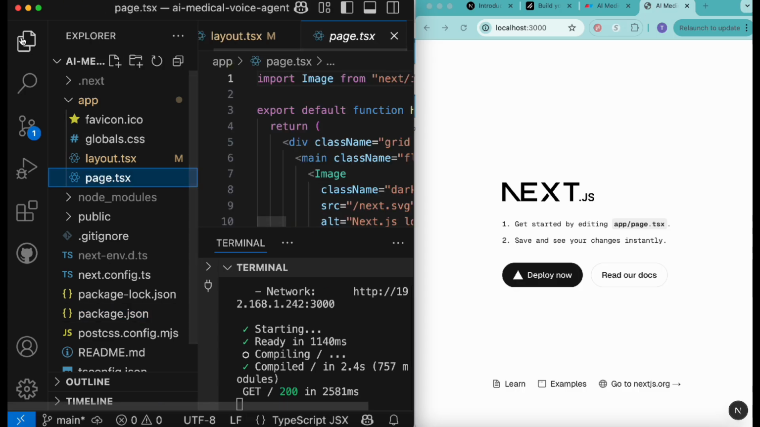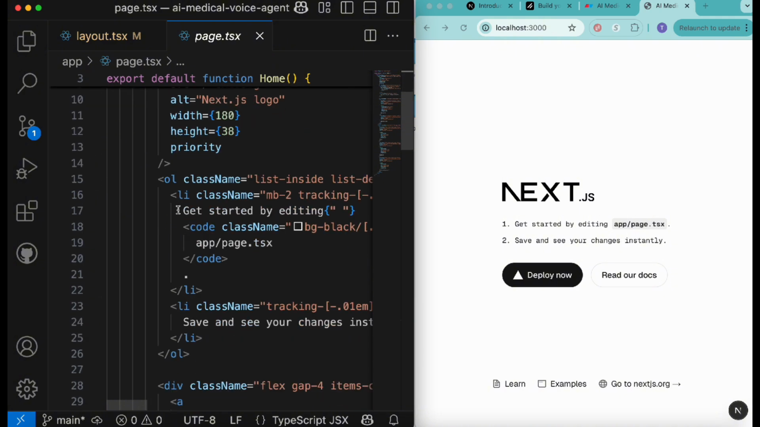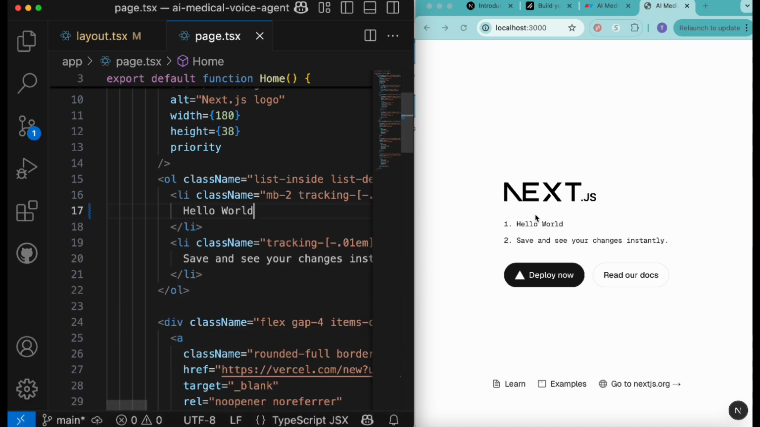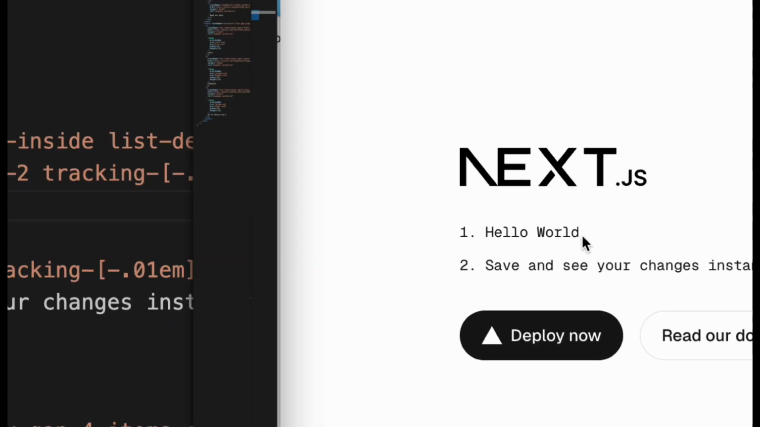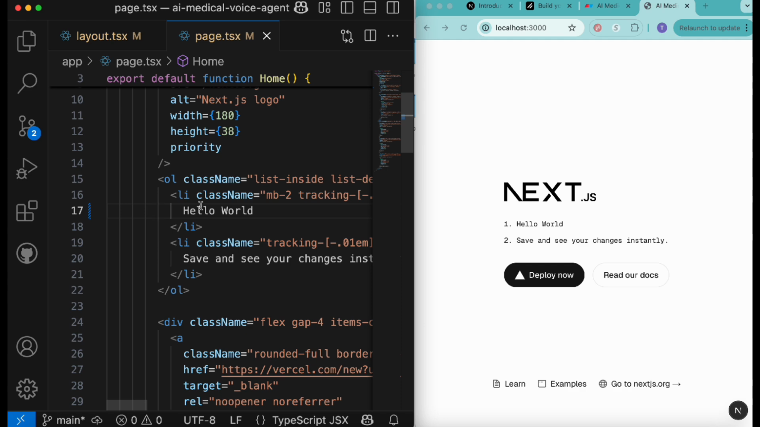And we'll go to the page.tsx file. Now whatever you see on the screen is written inside this page.tsx. For example, let's change this particular line. I will just remove everything from here and say hello world and then save it, and boom, if you see, the text changed to hello world. So that's how easily you can update your page, and it automatically gets refreshed as soon as you